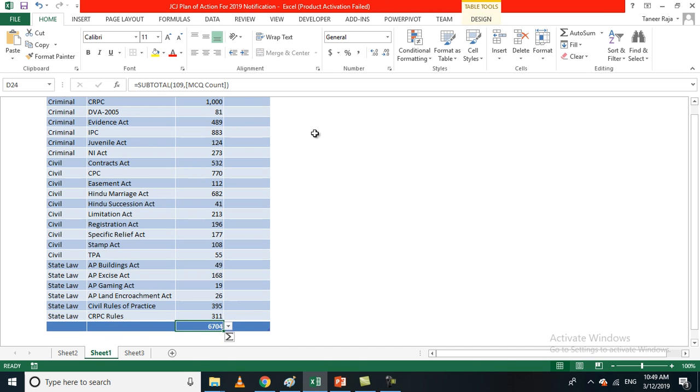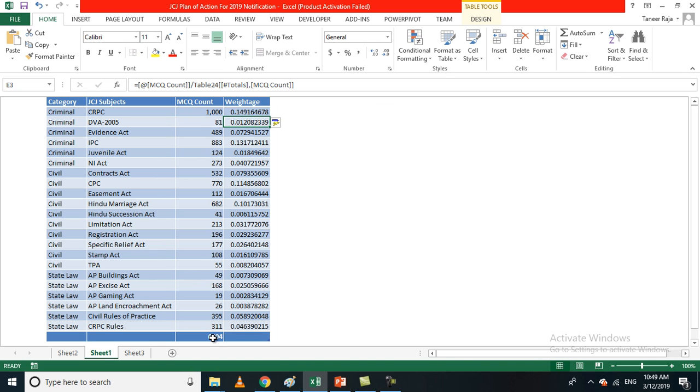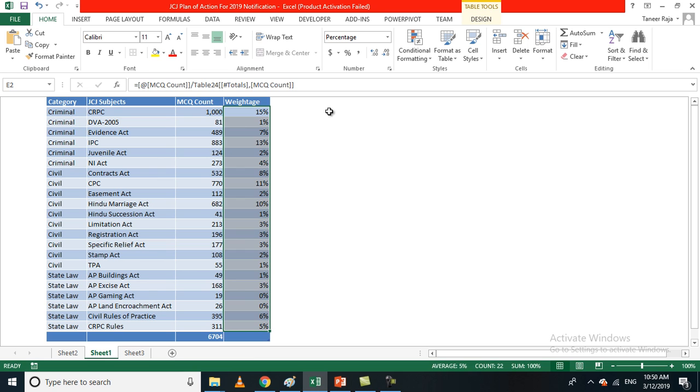You'll get the sum, and then divide by the sum and convert this into a percentage. Then you will know CRPC is actually 15% of the JCJ exam. Likewise, TVA is 1% and evidence 7%, and you can read out all these things.